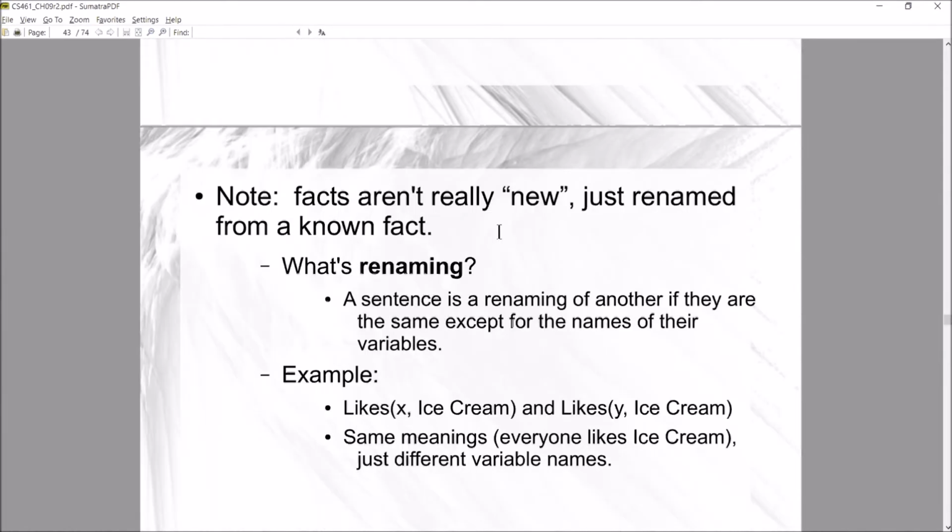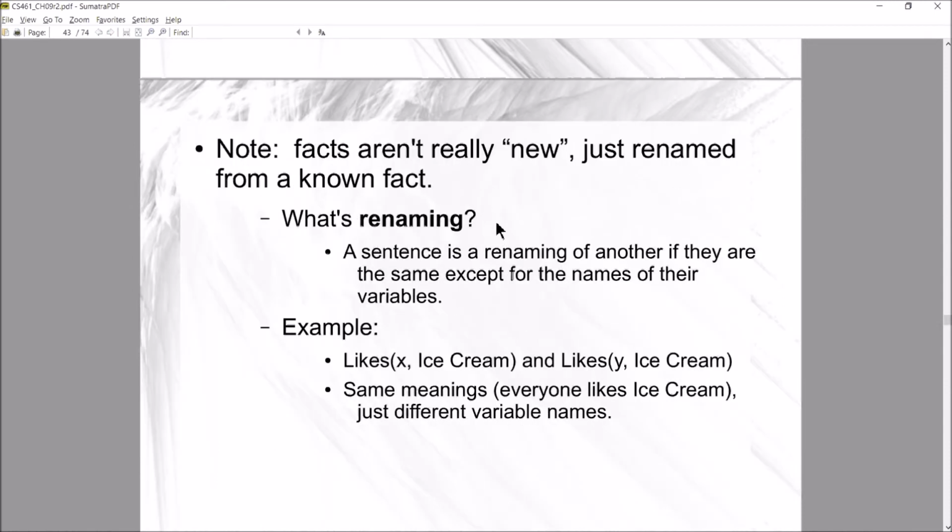All right, so just a couple little tidbits to keep in mind before we start digging in. Facts themselves are not going to be new if all you've done is rename an existing fact. So what's renaming? A sentence is a renaming of another if they are the same except for the names of their variables. For example, likes X ice cream and likes Y ice cream. This is saying the same thing, right? So you wouldn't be adding